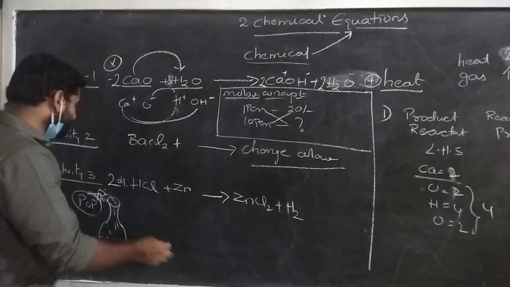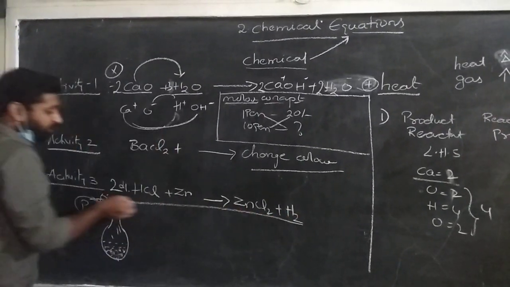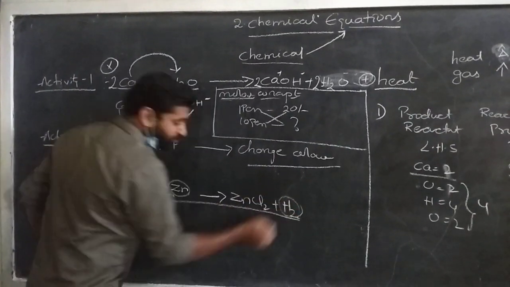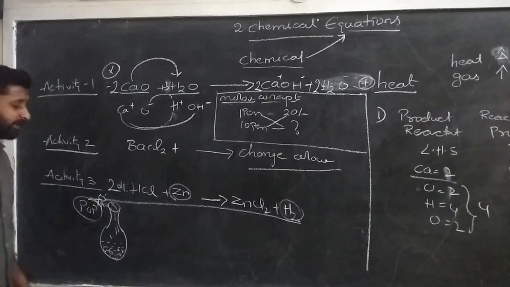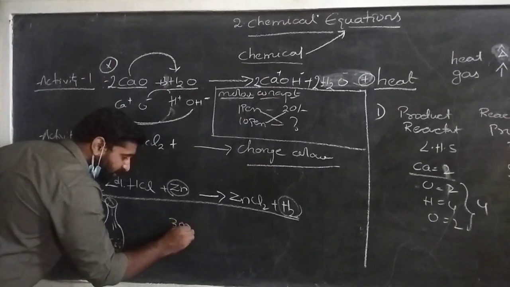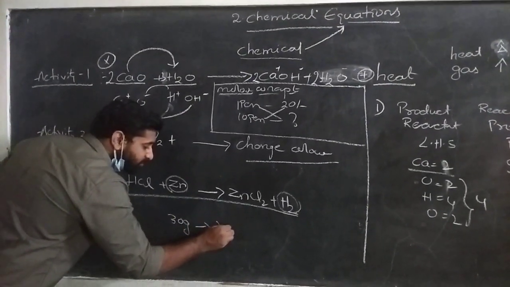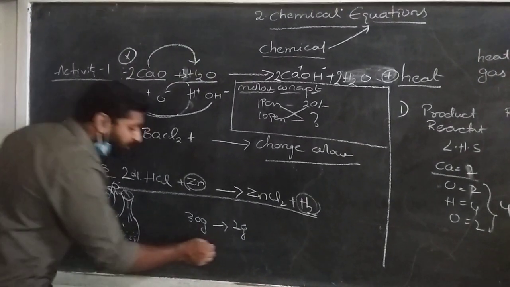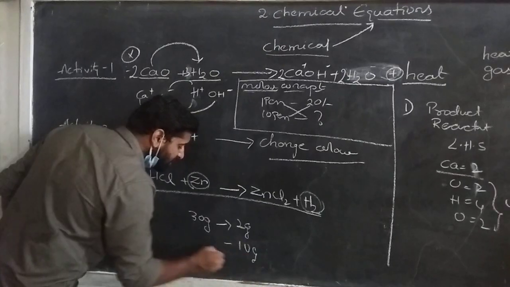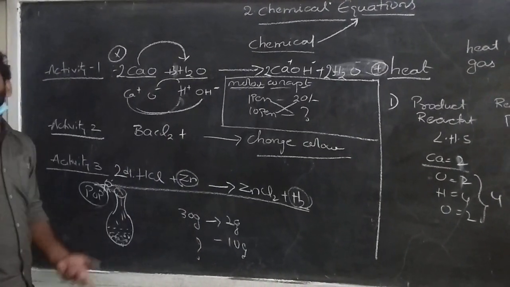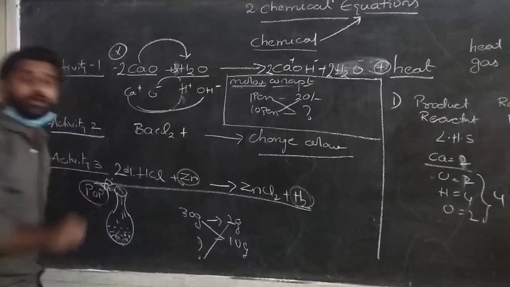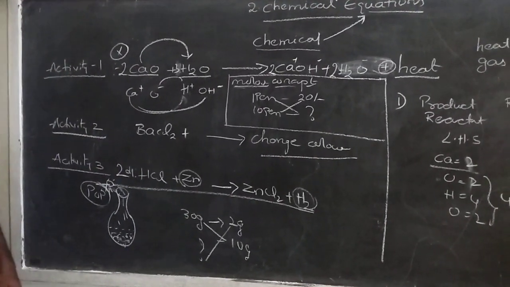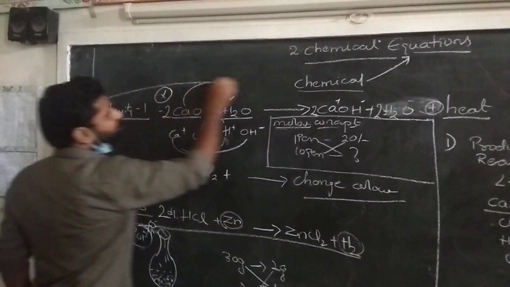You will be taking an equation like this. And in this equation, for example, you have taken zinc and you liberated hydrogen. Okay, for example, you got 30 grams of zinc here and you liberated 2 grams of hydrogen. Then the question comes to you: what do I need to get if I want to take 10 grams of hydrogen, then what will be the zinc value? So what you do, you need to make a cross multiplication. It's nothing but simple. But here we have 2 rules we need to understand. What are the 2 rules that we need to understand here?